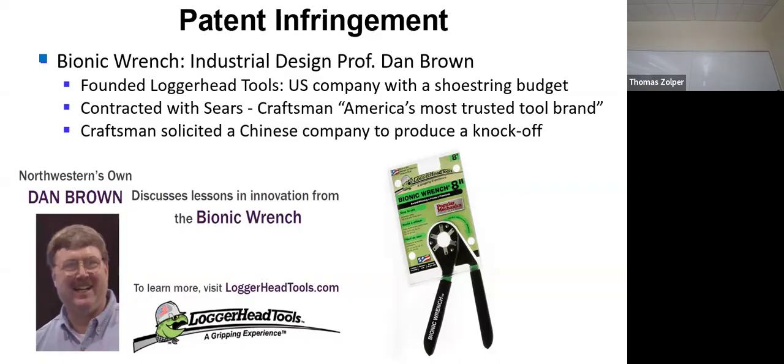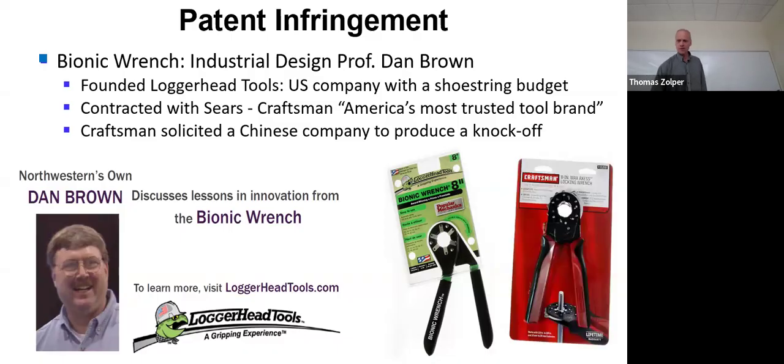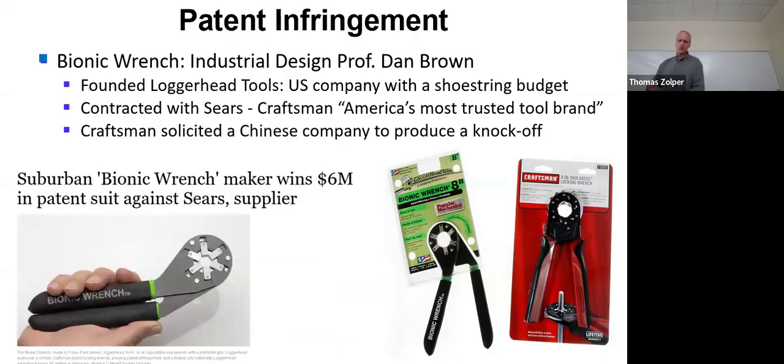And Craftsman promptly solicited a Chinese manufacturer to produce a knockoff that looks very strikingly similar to it. So not only did they not license the invention from this independent inventor working in his free time, they stole the idea and had it manufactured outside the United States, where his patent protections didn't apply, and essentially marketed it around the world. So it went to court, a lot of back and forth, an ongoing case. And the guy won $6 million